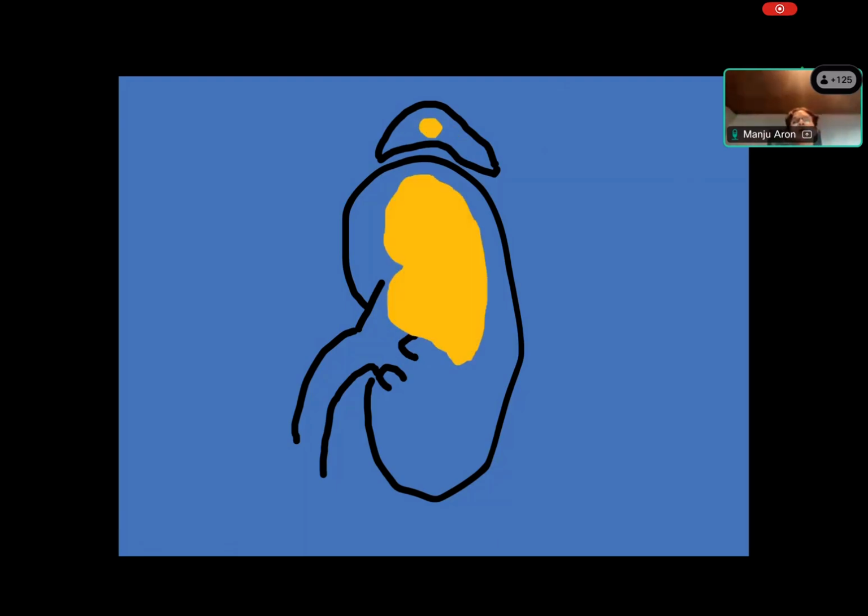Now, here's an example where there's tumor, but this tumor is distinct from the tumor that you see in the adrenal gland. That's important because this will represent metastasis and not direct extension. So all these things are important to document when you're looking at a tumor.